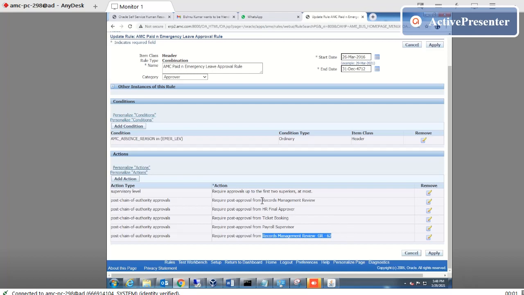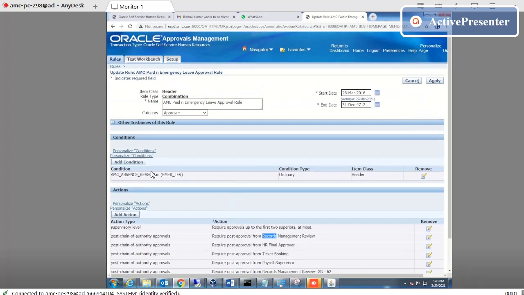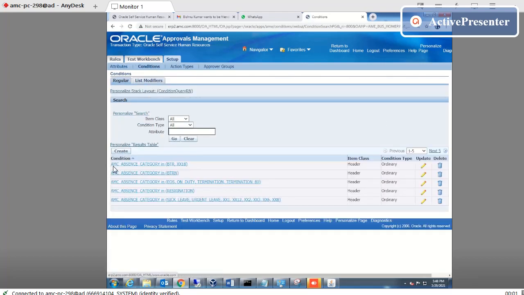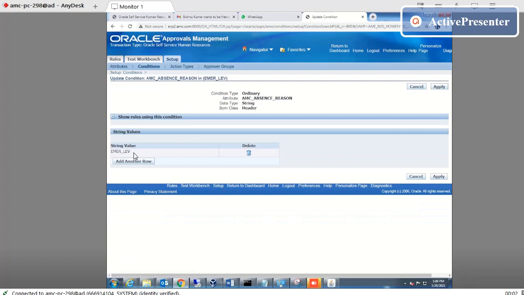So how we configure this one, the position and other things, I will tell you. First of all, we have to add a condition. How can we add a condition? Just click here, go to condition. These are conditions. We can add one condition same like this one. Here, wait, a condition that you view. This one, this condition. When I click here, we add this one, change this one, emergency leave. So it is for emergency leave.